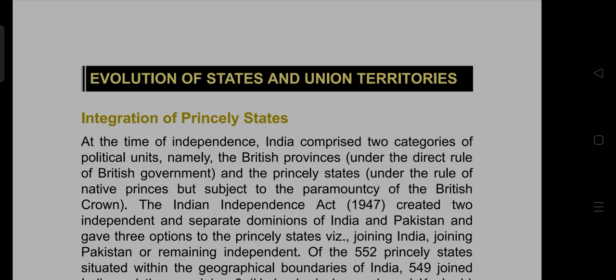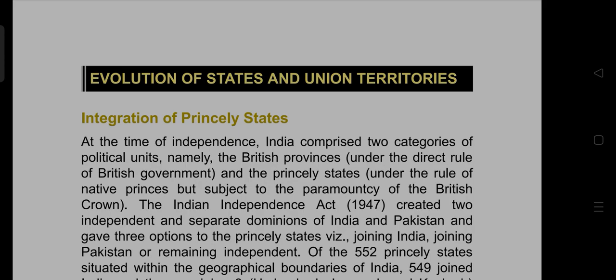Evolution of states and union territories. Integration of princely states. At the time of independence, India comprised two categories of political units, namely British provinces under the direct rule of the British government and the princely states under the rule of native princes but subject to paramountcy